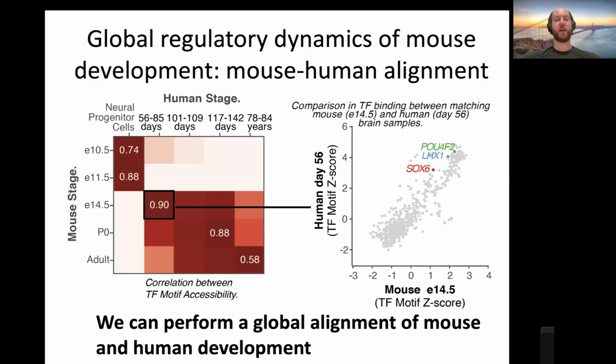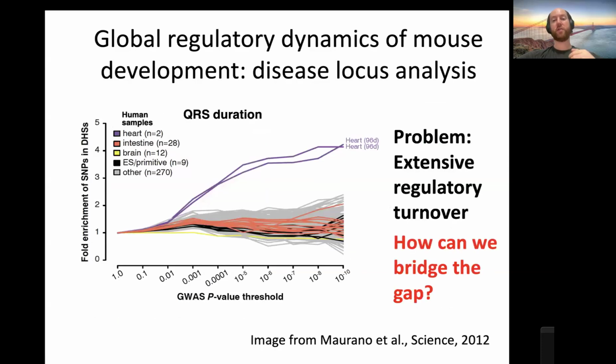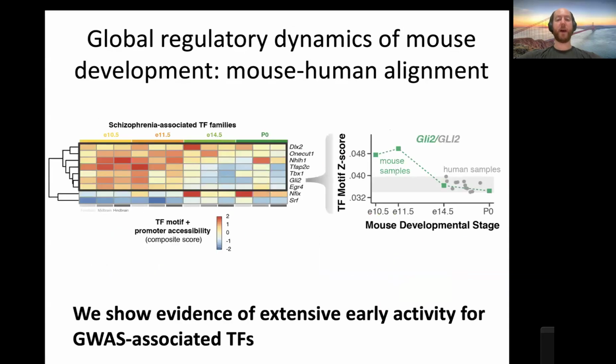And we can see what programs are driving each stage, and we can try to understand diseases from this perspective. So, for example, there's certain mouse samples which are prior to any human sample that we have, and we can see very specifically that, for example, schizophrenia-associated variants, parts of the genome associated with schizophrenia, are actually active in this very early stage of mouse development, for which we have no equivalent human sample. And so the whole question is whether we can use, for example, iPSCs to understand how those genes work and how those genes affect the context of schizophrenia, or whether we can use organoids.